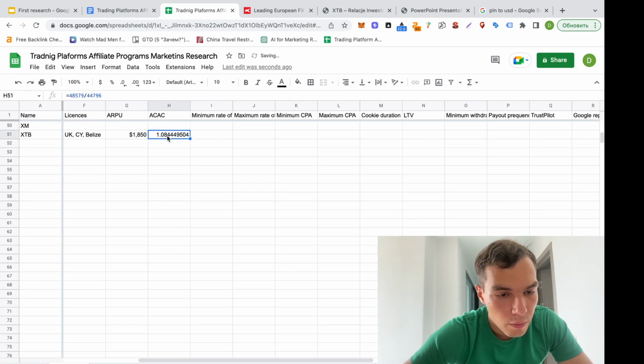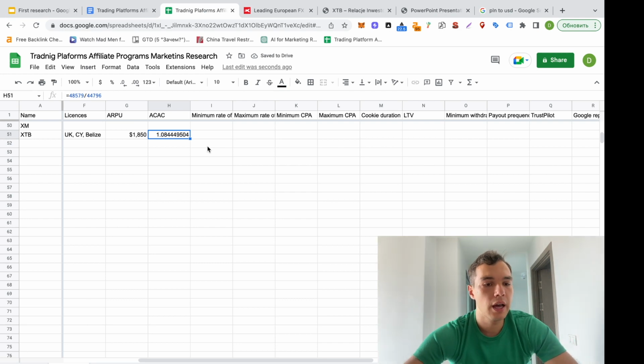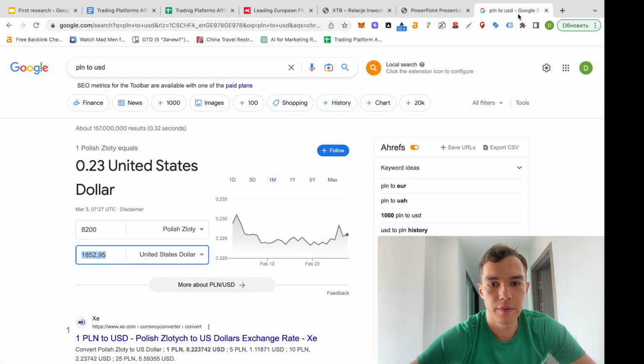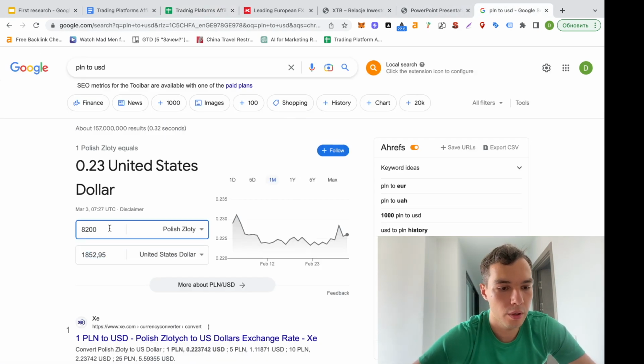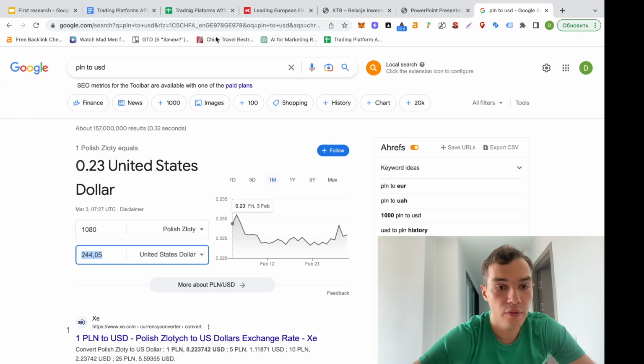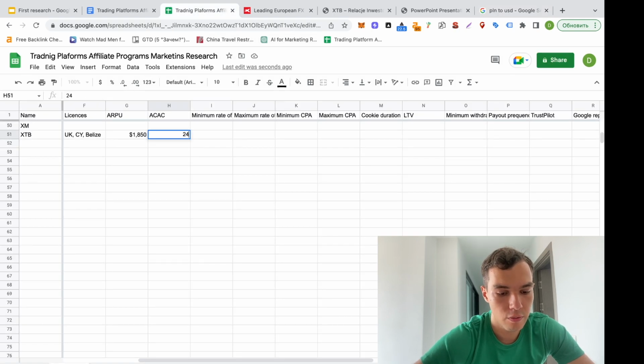It's 1.8 Polish zloty. So 1.8, it's around 245 US dollars. 245. So as you can see,